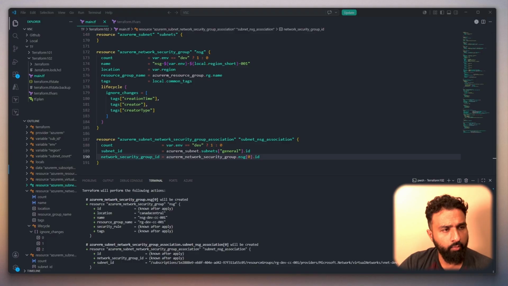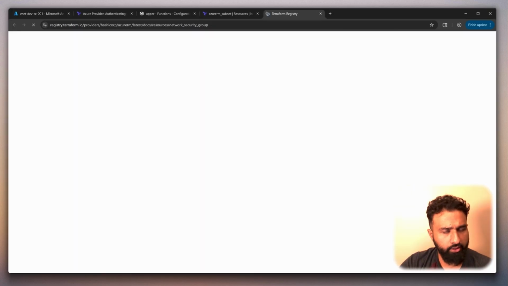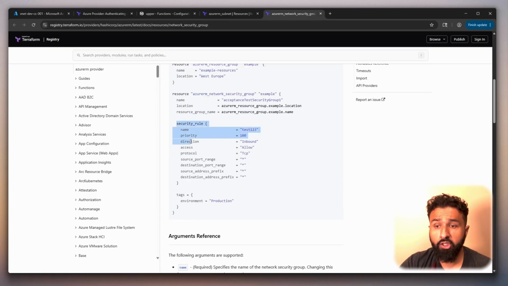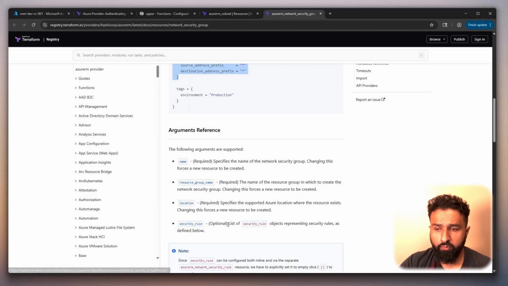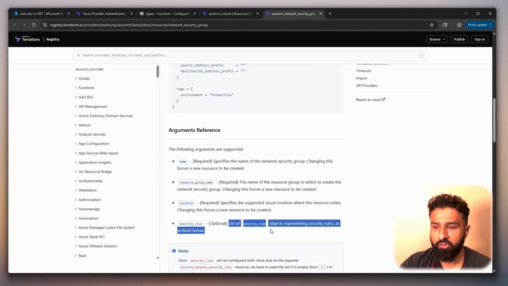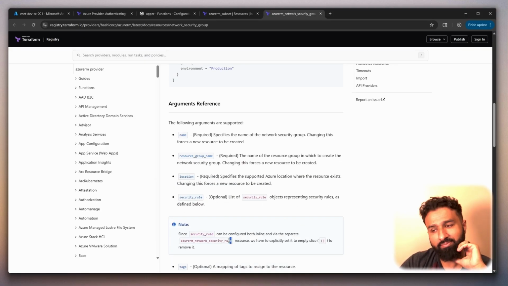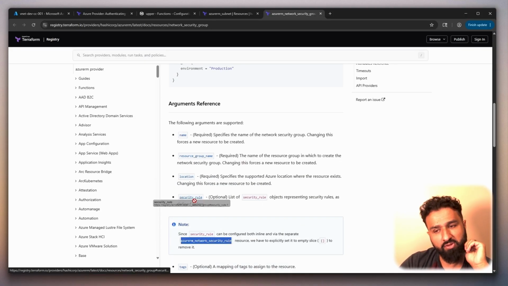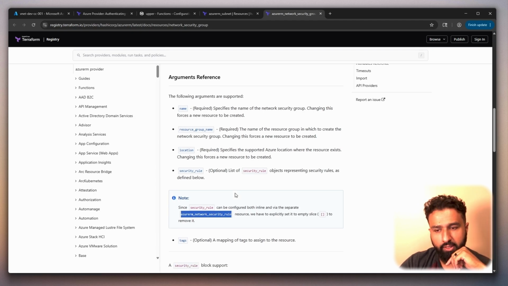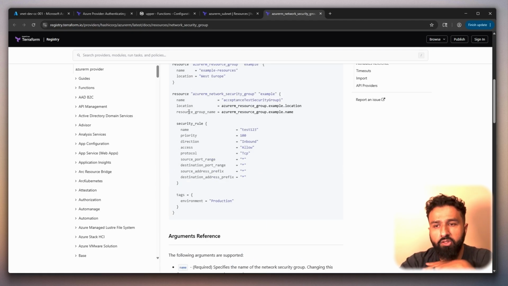Now let's explore a more common use case for dynamic blocks for our NSG. This time we're not going to use it like an if statement, but rather loop through a map to create our dynamic block. Let's look at the NSG documentation. Security rule is a list of security rule objects representing security rules. I could just make it into separate resources too, but let's just use dynamic blocks as we're trying to learn dynamic blocks. The idea with the NSG is you don't just create one rule, you can create n number of them,